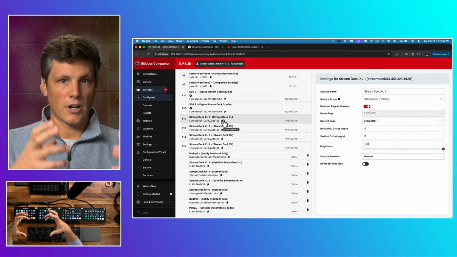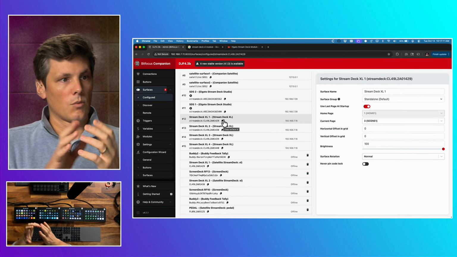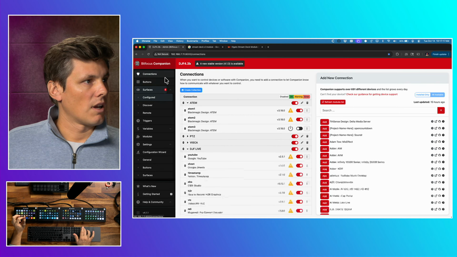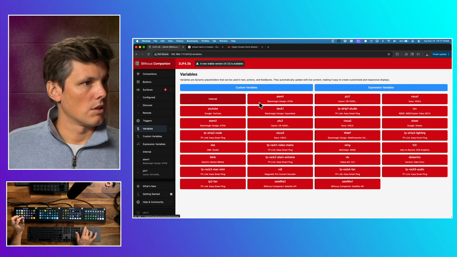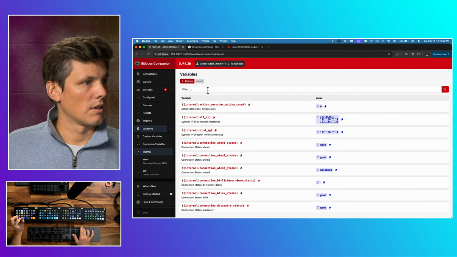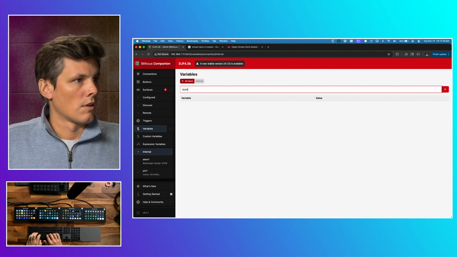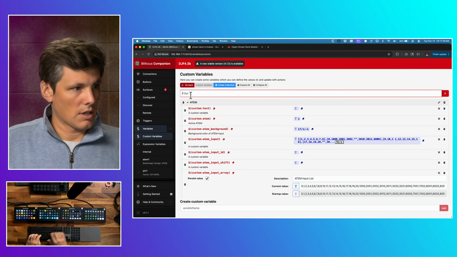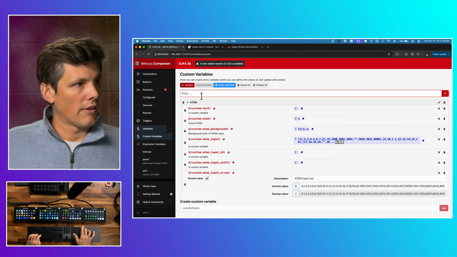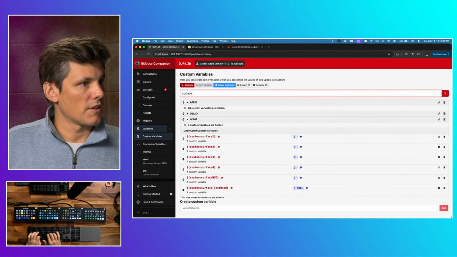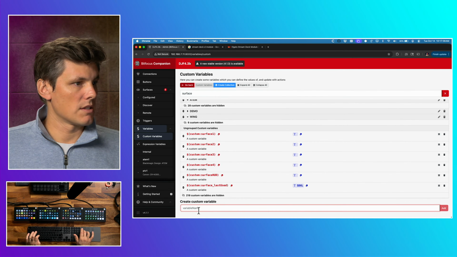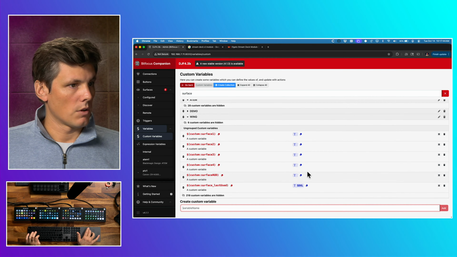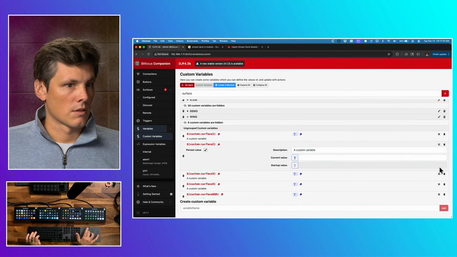And so that's where if we use a variable in the place, then we can switch out with the variable what serial number is placed into that. So if you go to variables, custom variables, and you need to make a new variable. I already made some, so surface. And so I've made the ones that are just called surface 1, surface 2, surface 3, surface 4. And if we open those up,